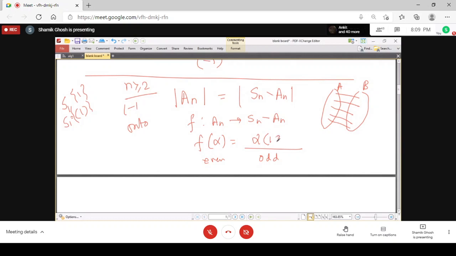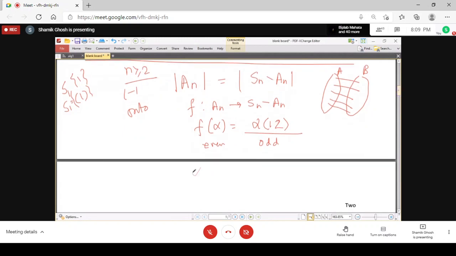Here we are just taking 1-2, because 1-2 always exists, because n is greater than or equal to 2, so at least 2 is there. So 1-2 is present in every Sn for n greater than or equal to 2. So we are just multiplying by 1-2, and then this even becomes odd. The mapping is 1-to-1, which is obvious, because if alpha 1 times 1-2 is equal to alpha 2 times 1-2, we are in a group, so we can cancel the same element from both sides. Multiplying by 1-2 again on the right, we get the identity, and so alpha 1 equals alpha 2.